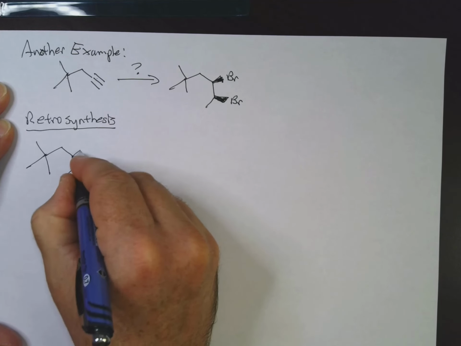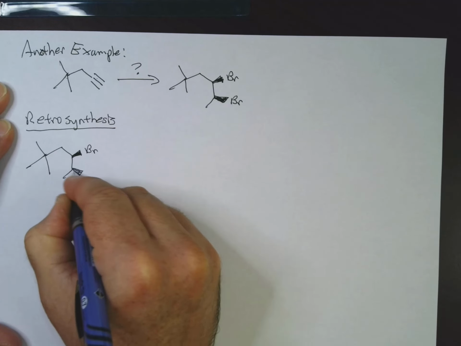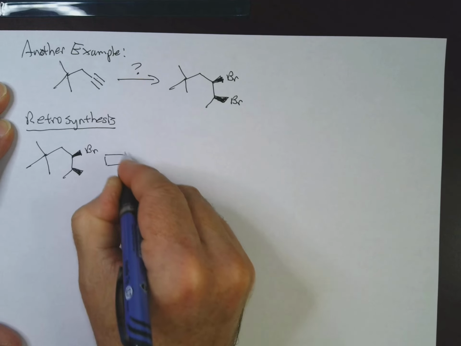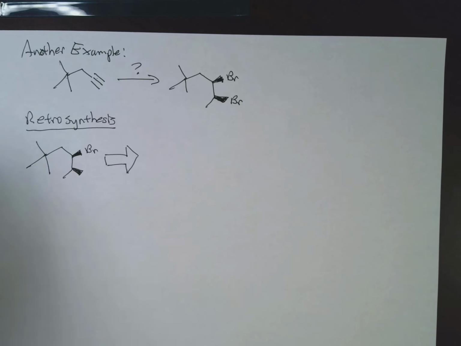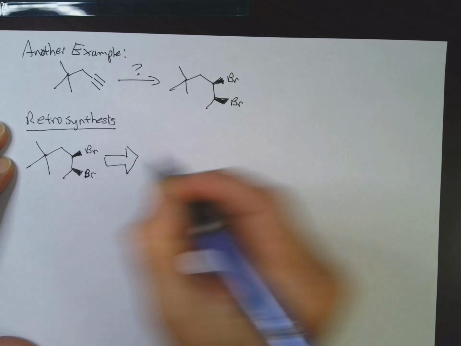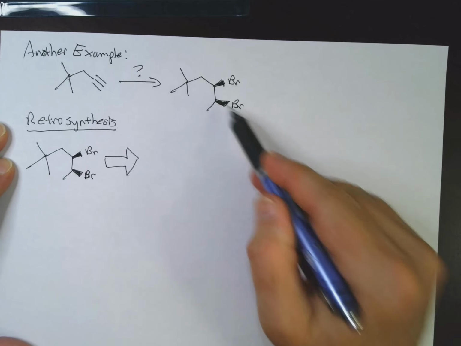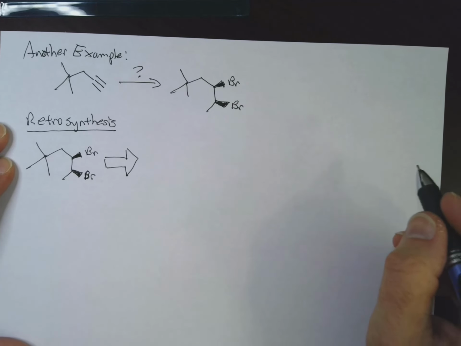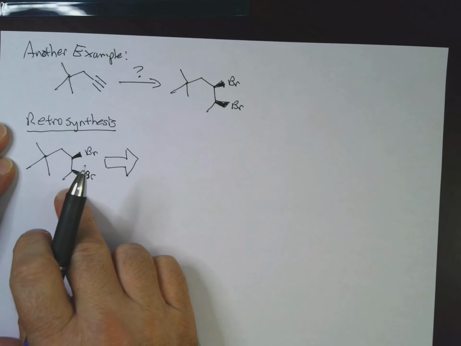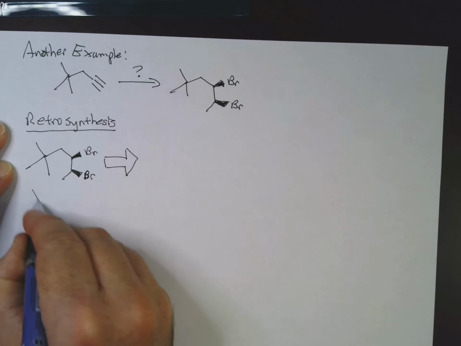Now, do I have a way to make a dibromide here? Yes, I do. Okay, but, oopsie, what's the problem here? My dibromide, it looks like these bromines are on the same side. So actually, I want to rewrite this because remember, our bromination reaction is anti. So I'm going to want to rewrite this as